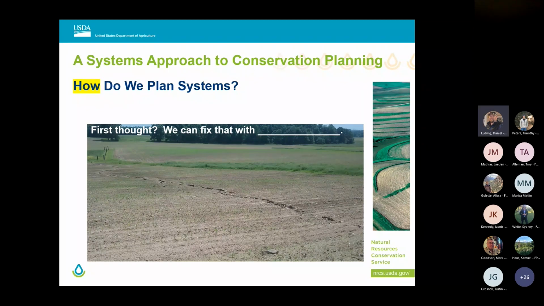So, a classic example that we'll go through this morning is looking at how we plan these conservation systems. So you can all see the picture. What do we see? What do we see going on? We see that there's a gully going on. What is our typical first response or first thought? We can fix that with